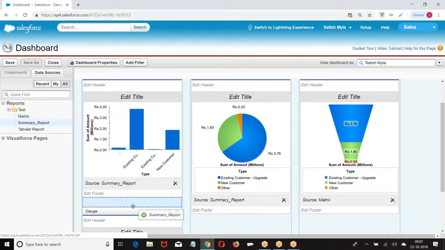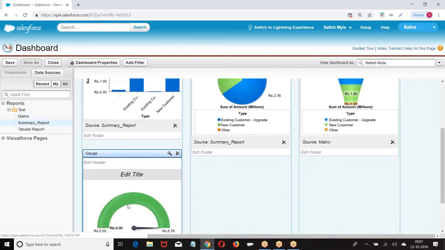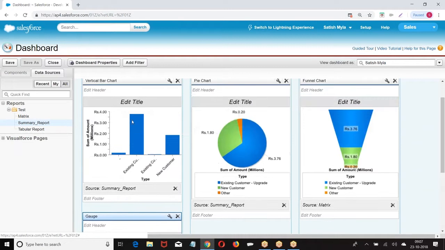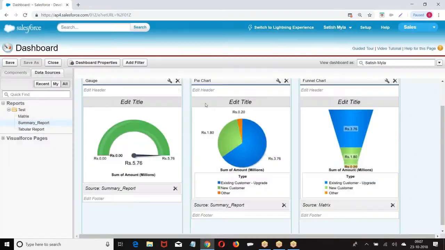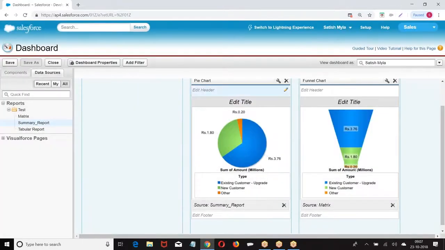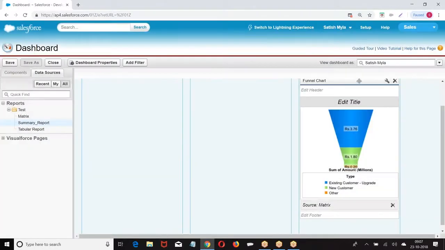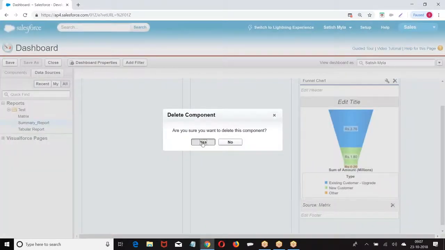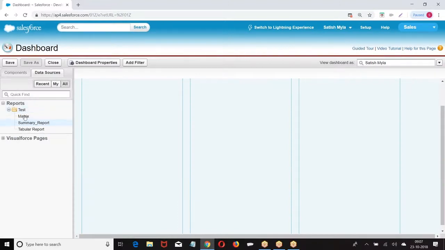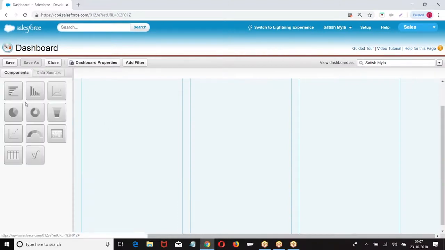Data source. So we got it. What did I do? Simply I selected the components.